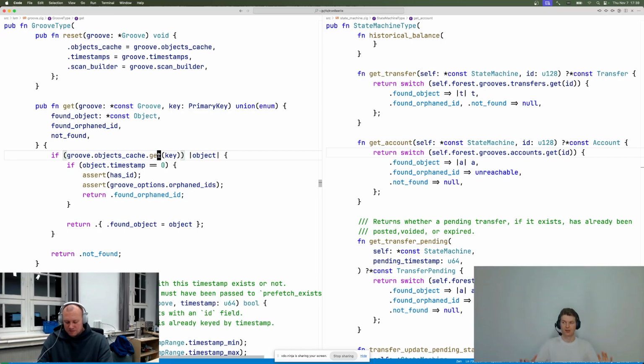On the other hand, this cache map needs to provide a guarantee that if you prefetched an account, then the prefetched account will still be in the cache map by the time you get to execute. So